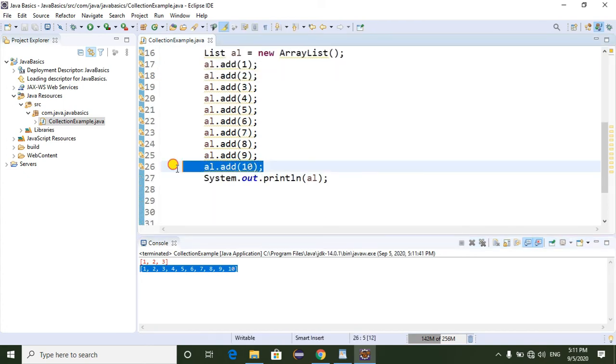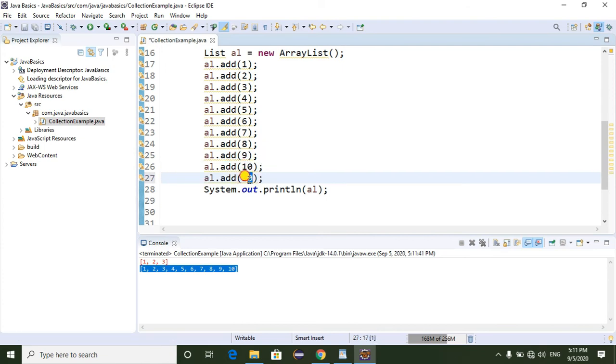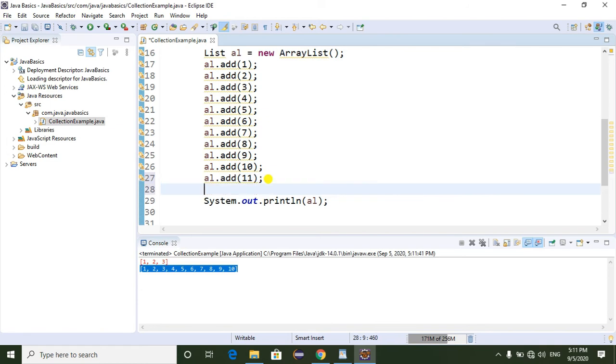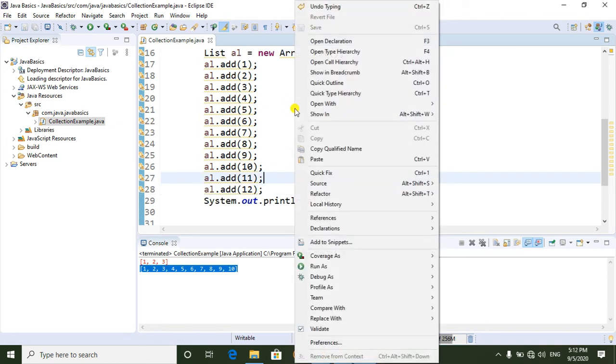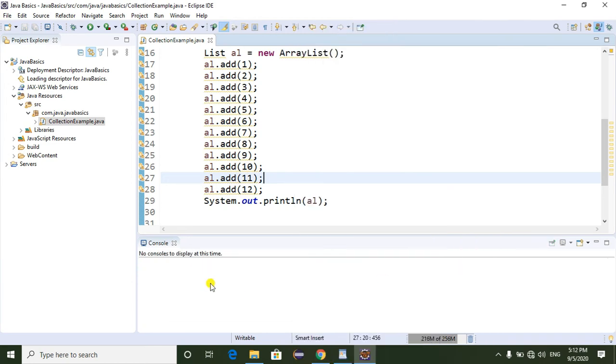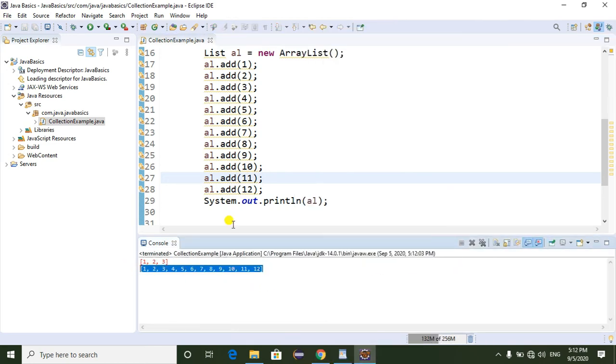Now I want to add one more element into the ArrayList. I want to add 11 and 12, two elements into the ArrayList. Here we can see two more elements are also allowed into the ArrayList. That means the collection increases its size based on our requirement.